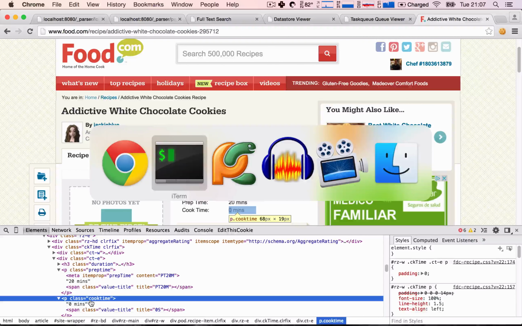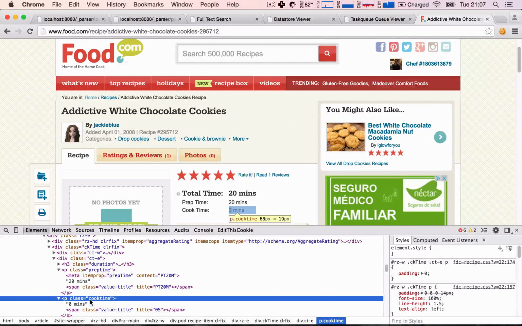Such is life when you're building parsers. Parsers take a little bit of time to fine tune, especially when you launch them into, or test them out on, a full scale. You'll see that there are some specific cases where your parser doesn't actually do what it should, just because maybe you have forgotten about a case or you didn't know about a case. So we didn't know that whenever the cook time was 0,